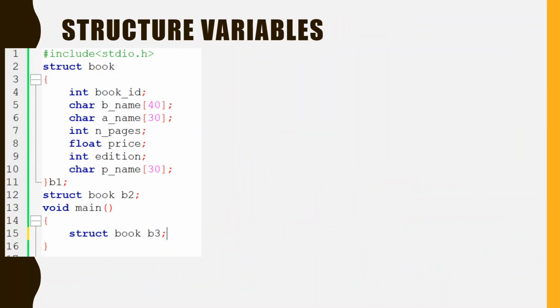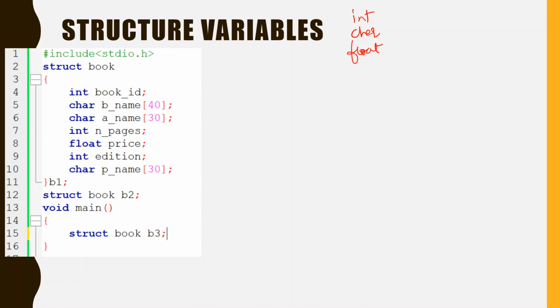Now we will see how to create variables of a structure. First of all, you have to understand why variables of structures need to be created. We know that the fundamental data types are integer, character, and float. Now only knowing that there would be some integer, some character, or some floating point value does not allocate any memory. The physical data that needs to be stored always requires memory to be allocated, and memory is allocated only to variables.